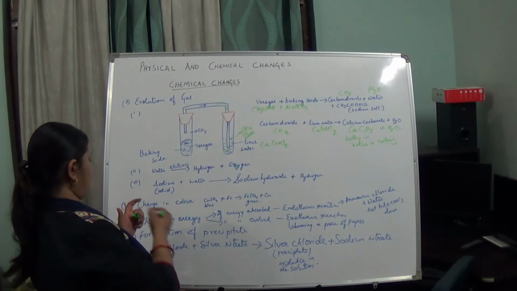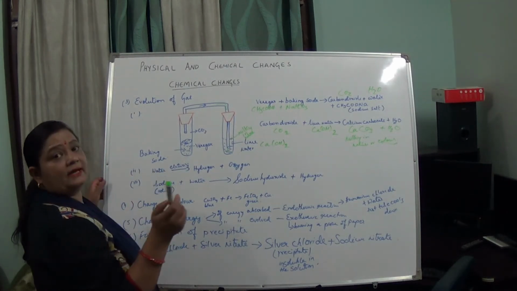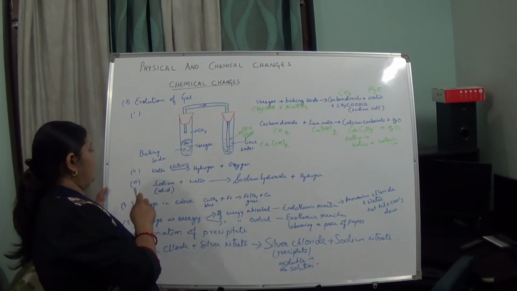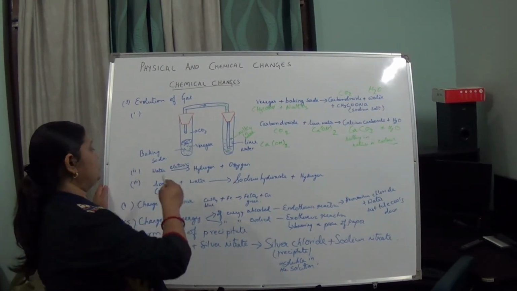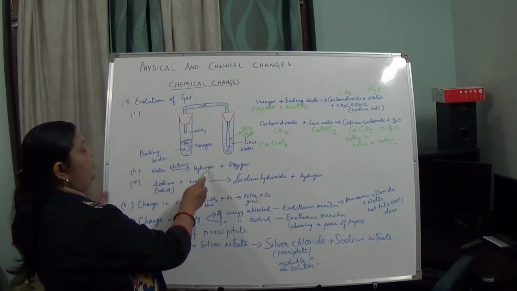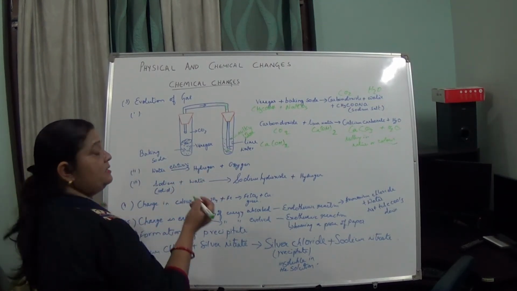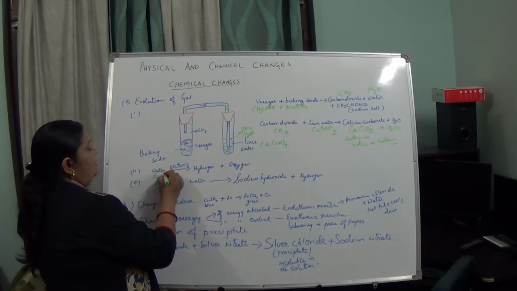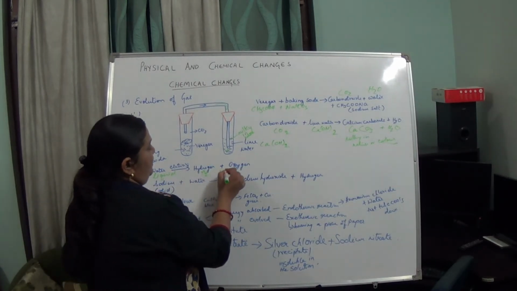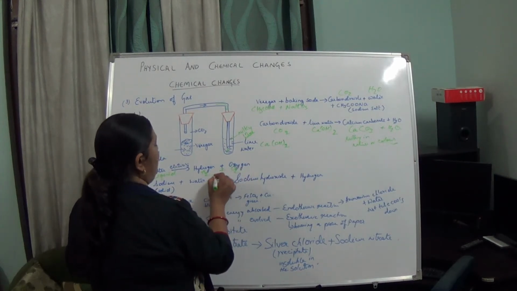So this says that in a chemical reaction, gases are evolved. Next, some examples I have also taken with water. If you take water and pass electricity, you will get hydrogen and oxygen. This water is in the liquid form, and here you get hydrogen plus oxygen, which are in